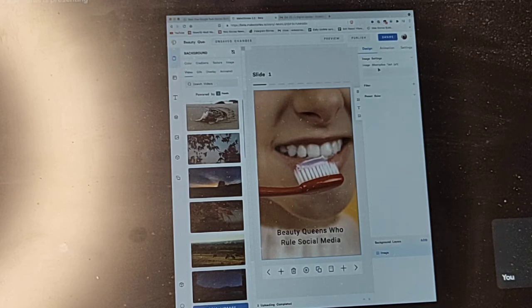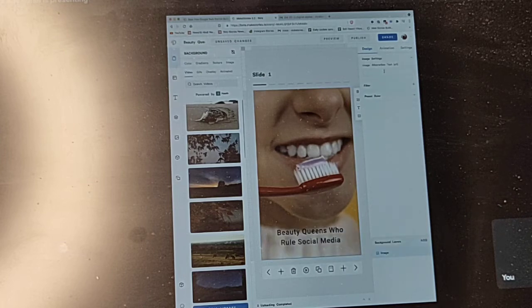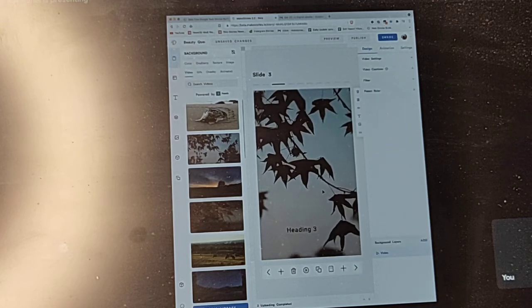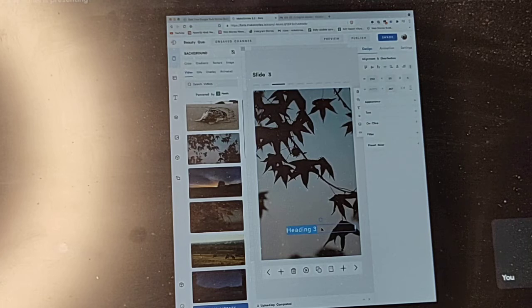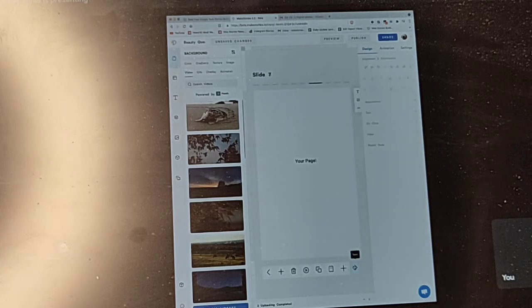In image settings you have to fill image alternative text, which is basically the text written on the slide. Copy it and paste it in the image alternative text. Here it is a video, so it says video settings. Copy and paste the text in video settings. Like this you have to make 10 slides.